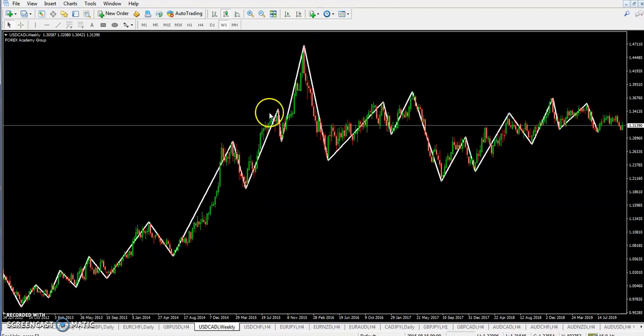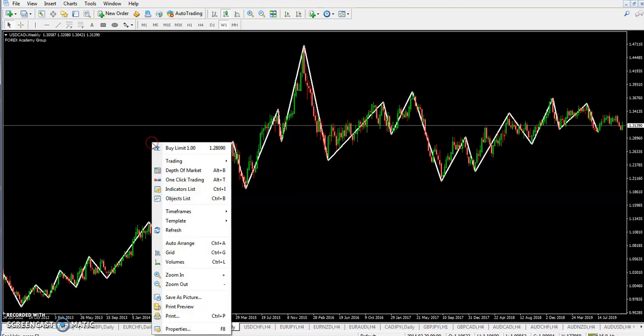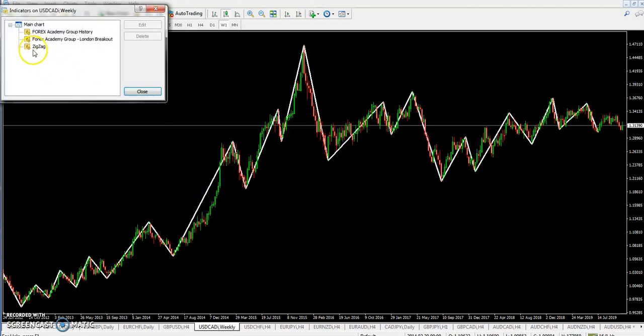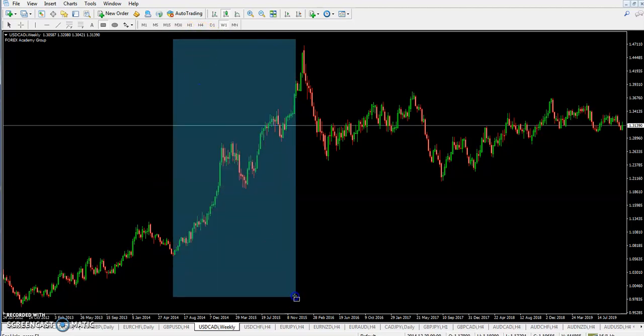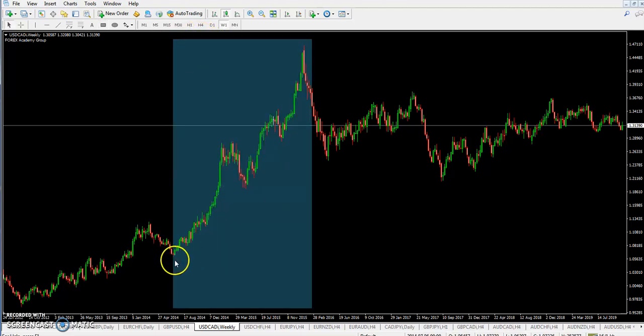So right here, let's take this for instance, and again, guys, I can clearly see these higher highs, higher lows. So I'm going to go ahead and take the zigzag indicator for better visual. But what I want to show you guys is, for example, let's take this wave. You got your higher low, higher high, higher low, higher high, higher low, and then your higher high, right? So if we were to go ahead and plot this, you got your there, there,